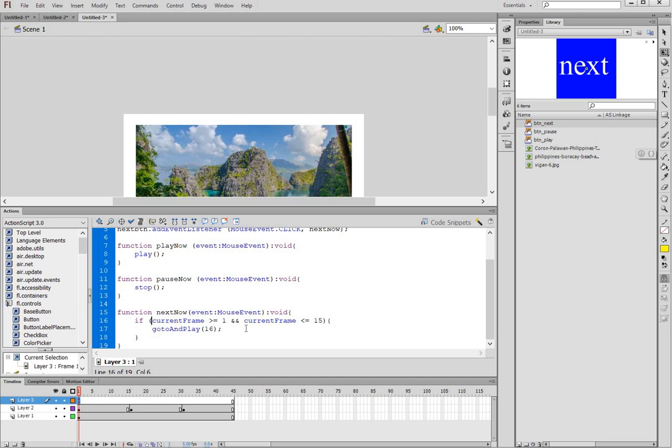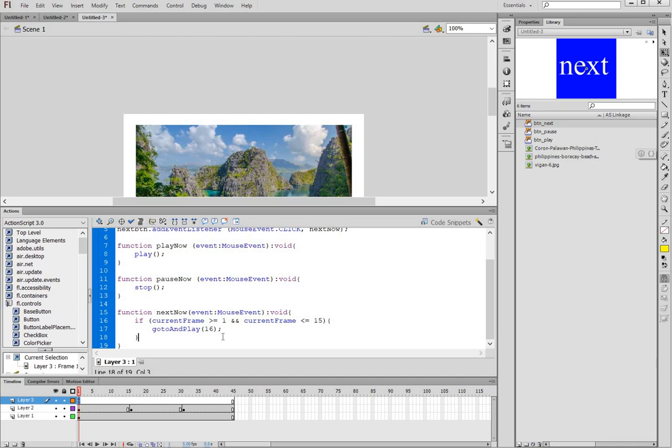Is it greater than or equal to 1? Yes, that's true. And is 5 less than or equal to 15? True. So it will execute the navigation function that we have used here,